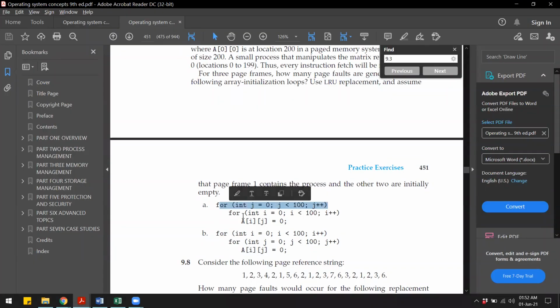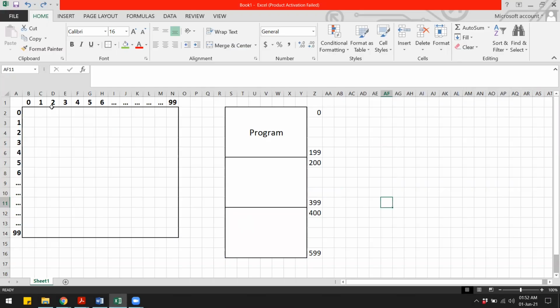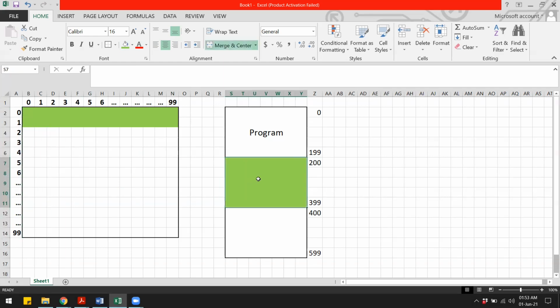Then for part A, in part A we are going column by column. So something like this. So when the program starts at element 0, 0, so 200 elements will be brought into the memory. It goes over here, right? But we know that we are accessing the array column by column. That means we are going like this. That means from whatever is there in the memory, only 2 elements will be initialized to 0 because we are going vertically. So after this one, we will go to the second one, that is 2, 0.